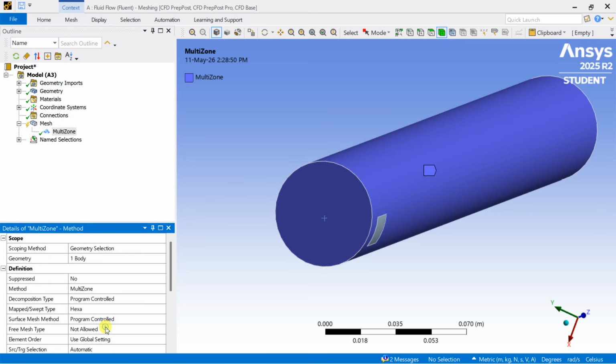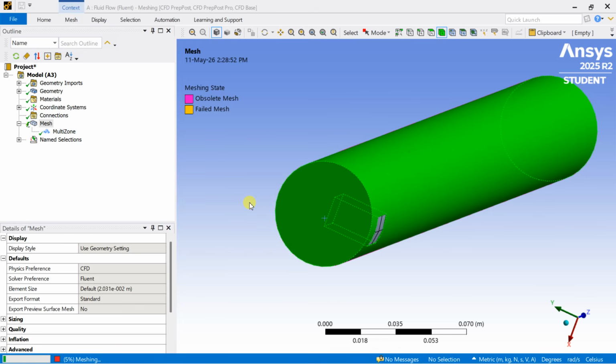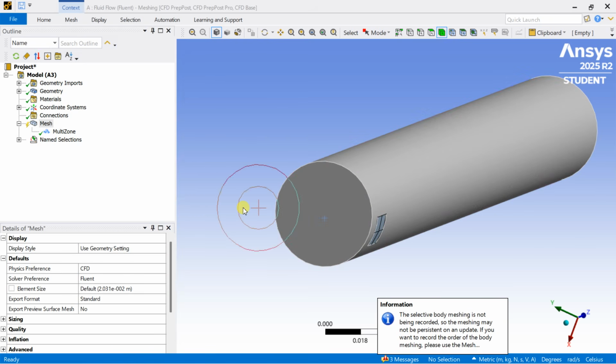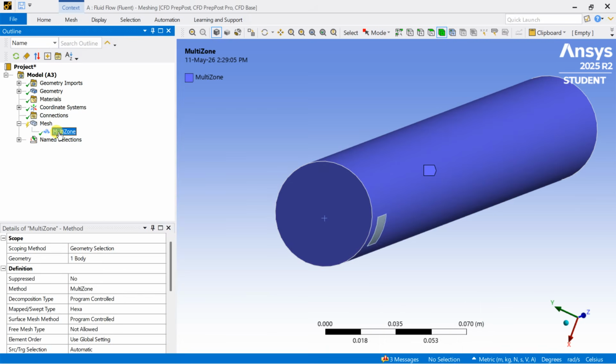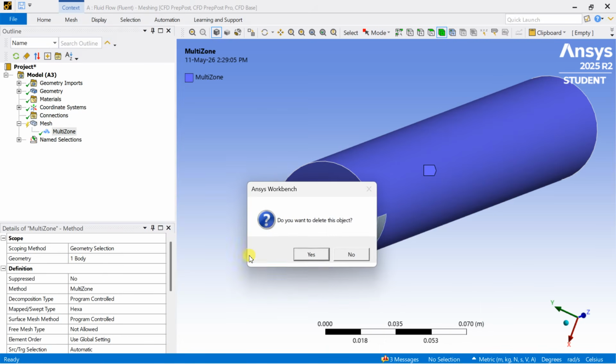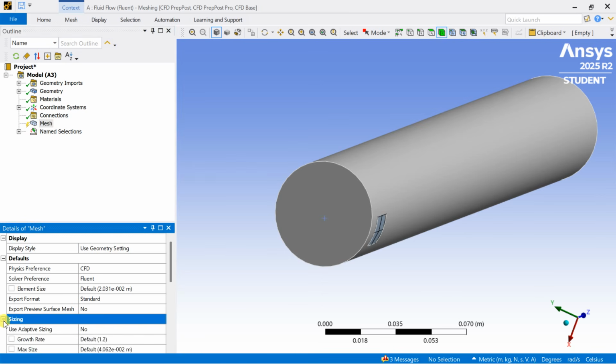If those cells are badly skewed, like squished and distorted, the math goes wrong. And when the math goes wrong near your outlet, Fluent can compute a velocity component that looks like it is pointing back into the domain. But it is not real, it is just a numerical error from the bad cells,